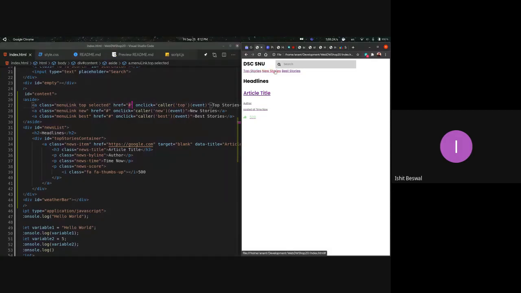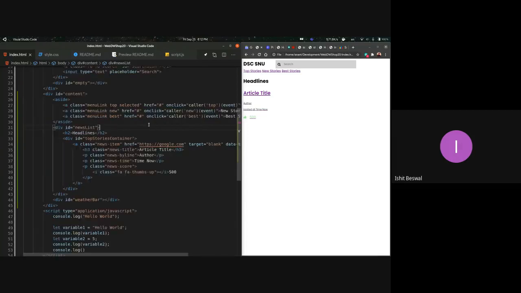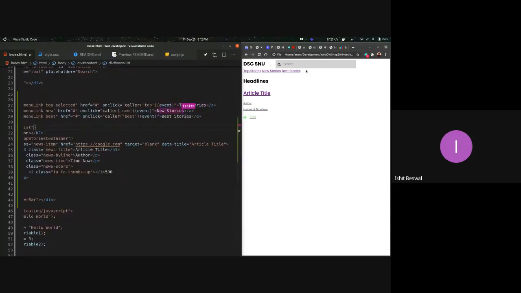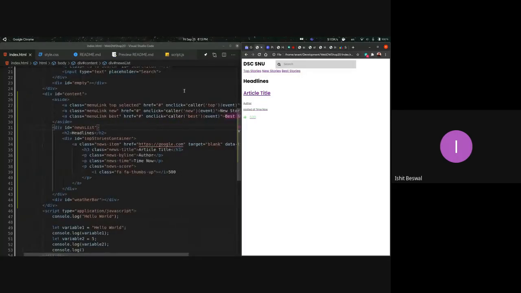Next is the onclick. Don't worry about the onclick for now. This is for calling the JavaScript, so we'll explain this when we come to the JavaScript. Just ignore the onclick for now. After that, we've given names to these three anchor tags: top stories, new stories, and best stories.